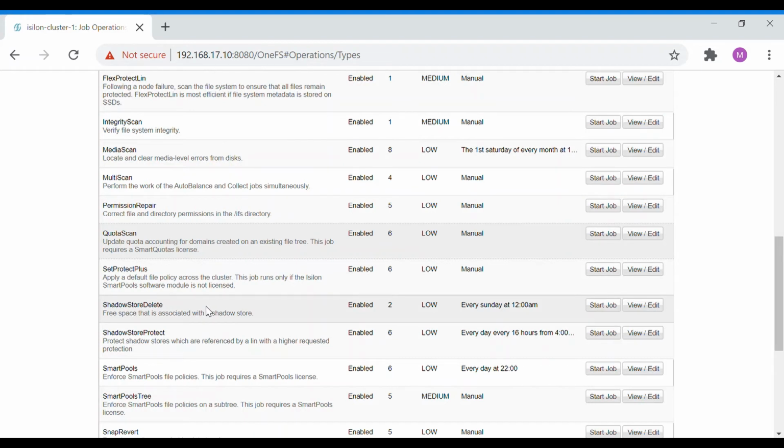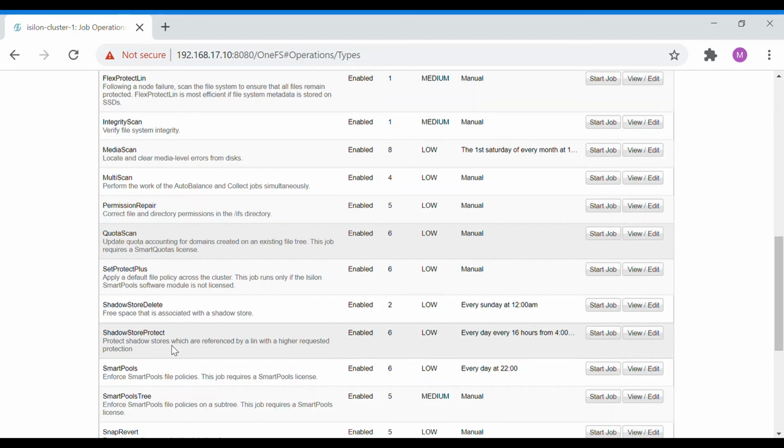If you have any shadow store that does not have any reference count associated to it, then that will be deleted, so as to gain the space. So this has a priority of 2. This is something that deals with the data protection and data deletion, so this has been given the high priority, and also this has impact as low. And here you can see this is scheduled for every Sunday at 12 AM.